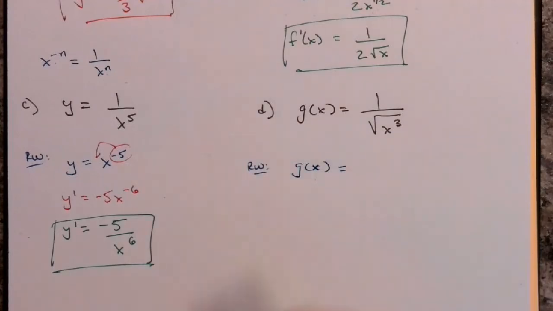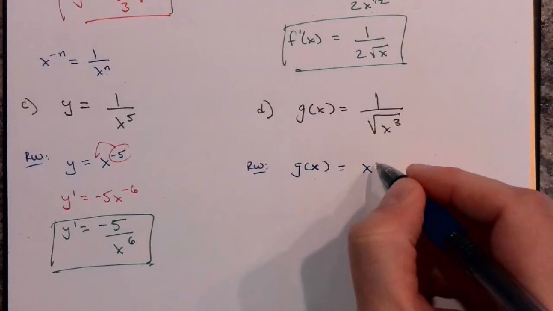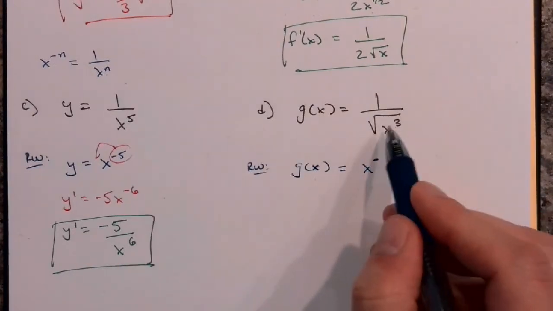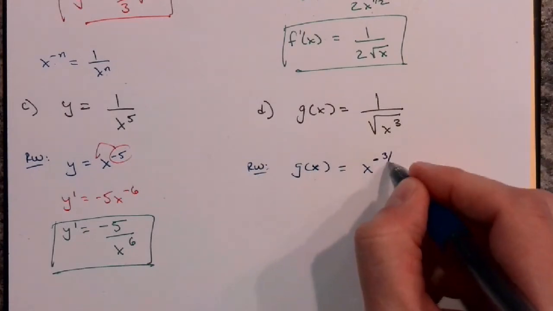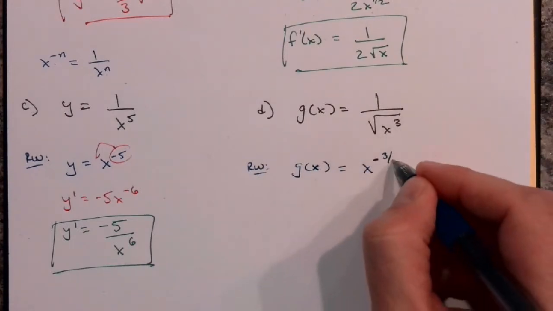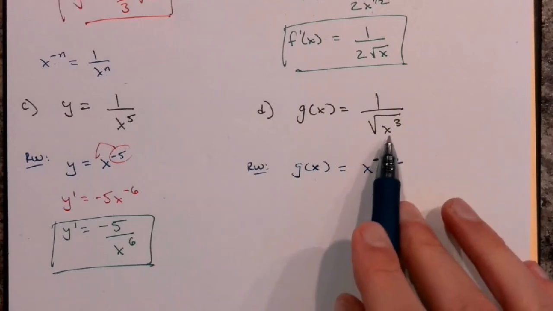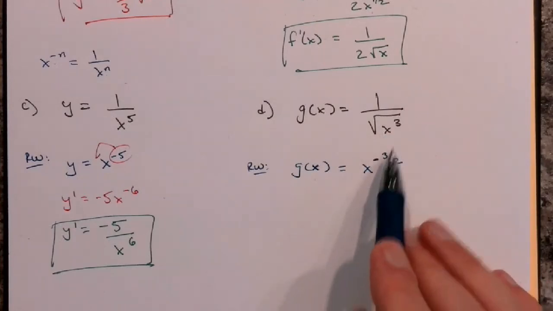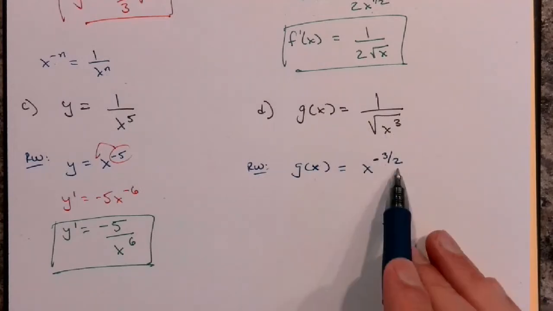Well, what is this equal to? Well, the base, we know we want it to be x. To move it up to the numerator, we know it has to be negative. Let's talk about how you rewrite the root and the power here, right? So the power is 3, so we know it's going to go in the numerator. The root is a square root, so it's going to be over 2. So it's x to the negative 3 halves. You should know how to rewrite this. All right, so x is the base. The power becomes negative because you're moving it up to the top. Power on the x was 3, so that's the numerator